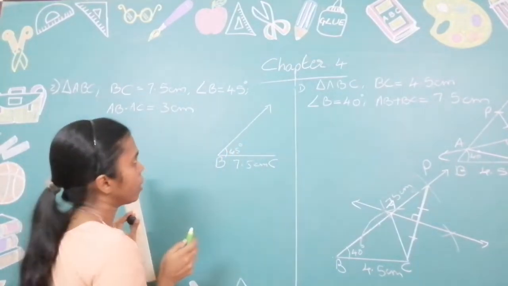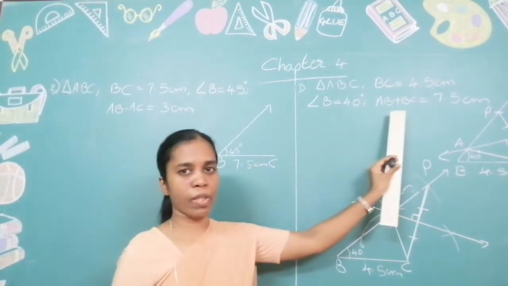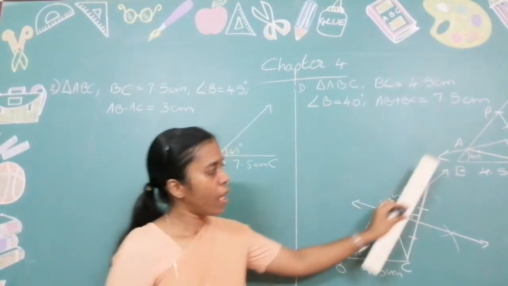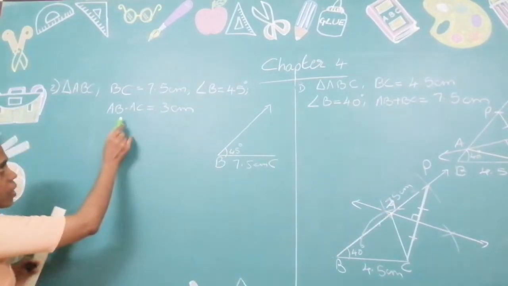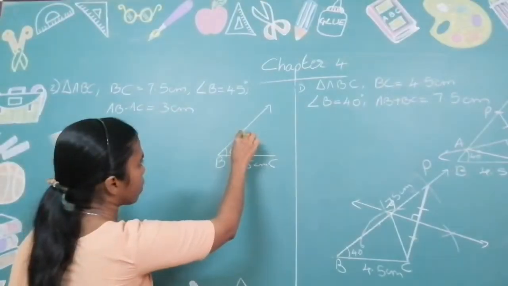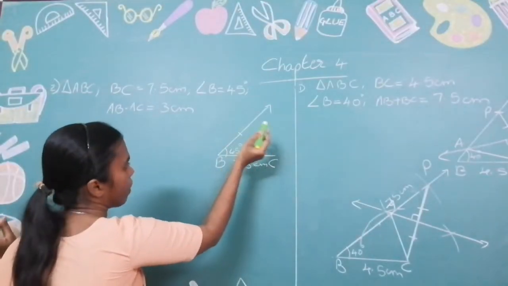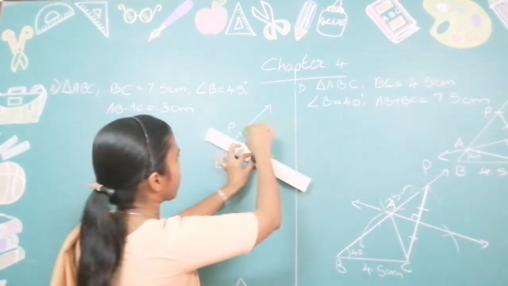Okay, and then what did we do next? The sum of the other two sides was given. The third measure we took on the ray that we have drawn. Similarly here, what is given to us? The difference is given. So you take that difference, somewhere it will be over here. Give it any name, I'm giving it as P. Join from P to C.